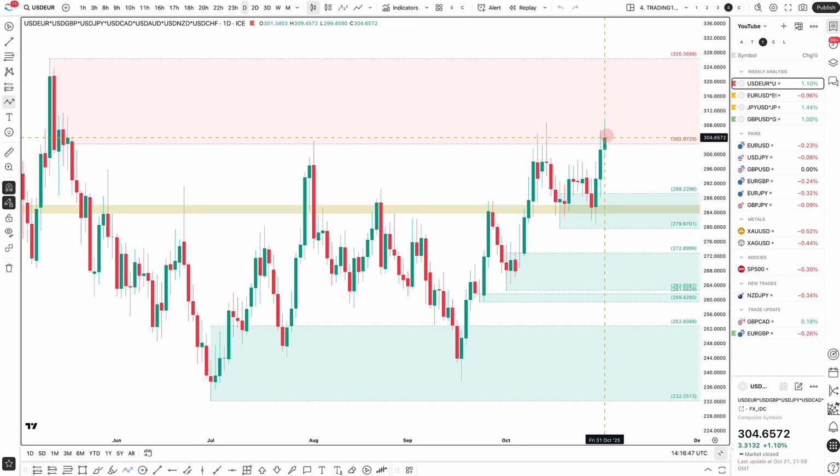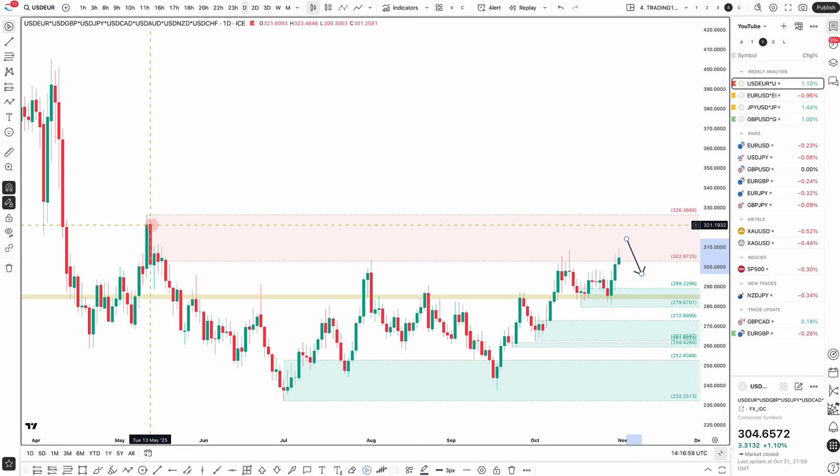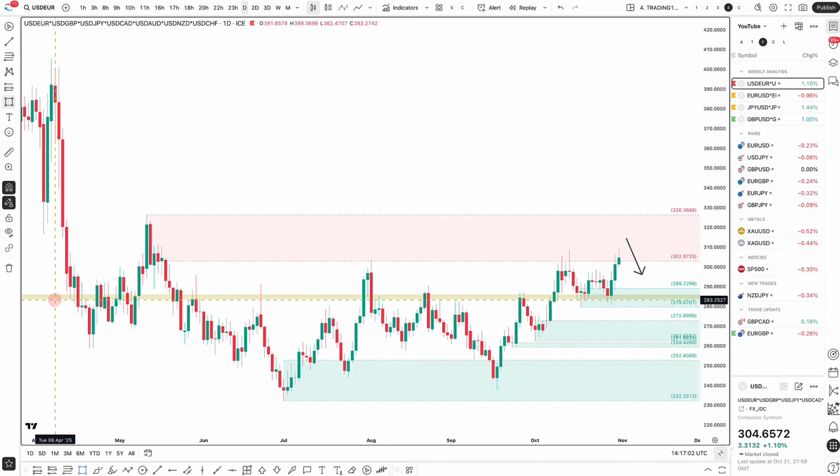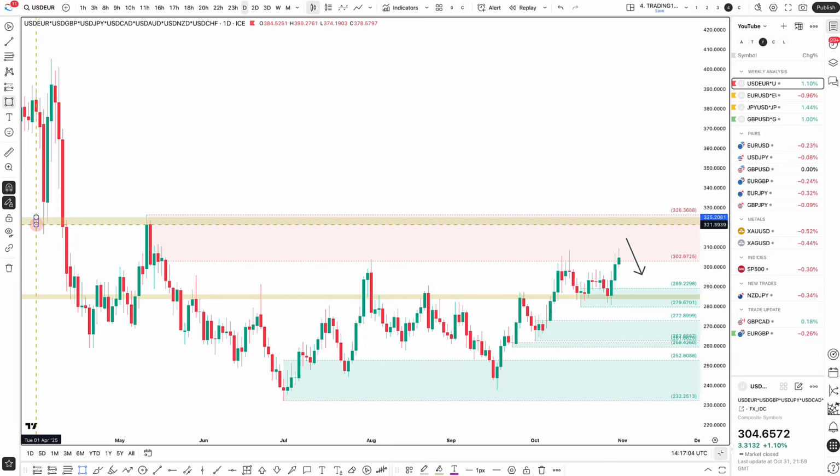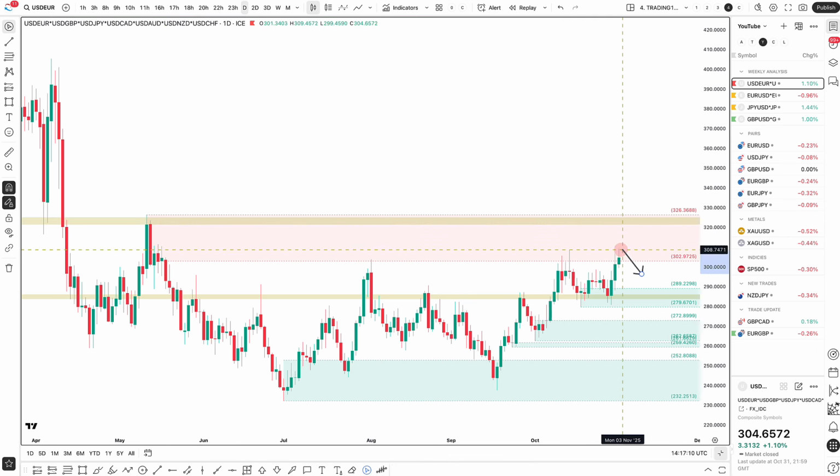Labor data, employment data. So the dollar, I think at the moment in the short term, there are reasons to buy the dollar, but I still think overall the dollar is a sell, whether it's going to be here or slightly higher. I do think the dollar is likely to be contained within this range about this high here, where we've got some support and resistance in confluence with this supply zone. So this week it drifts higher.